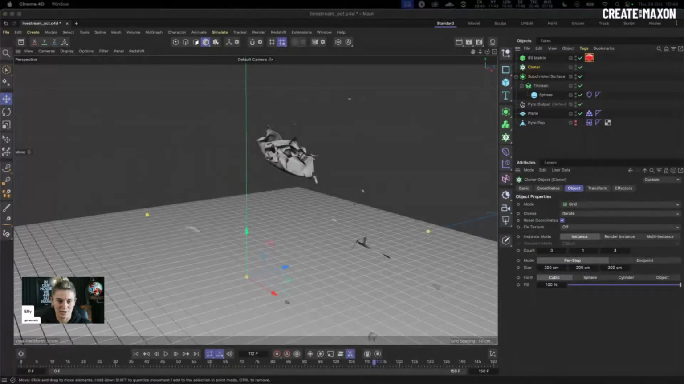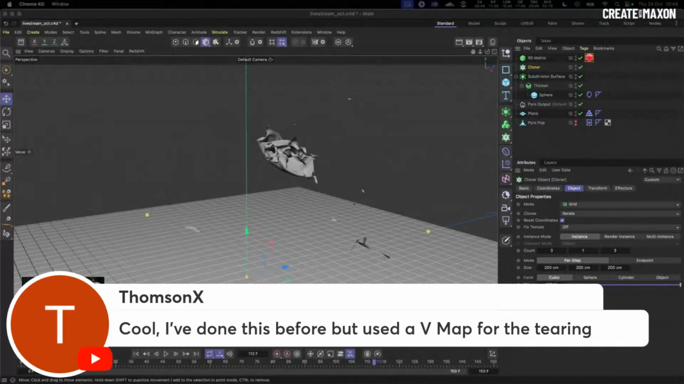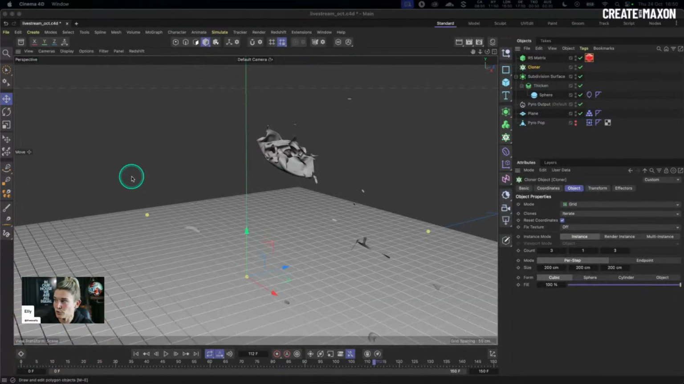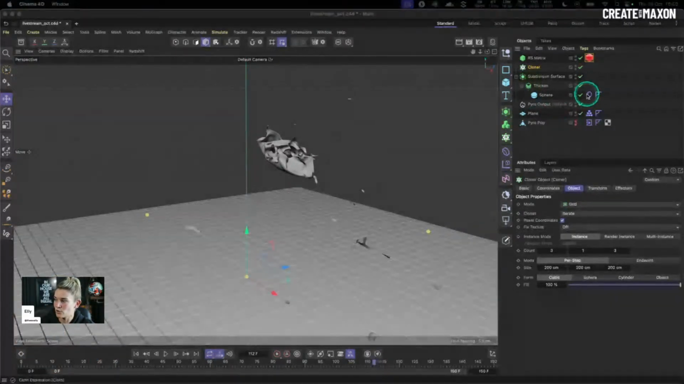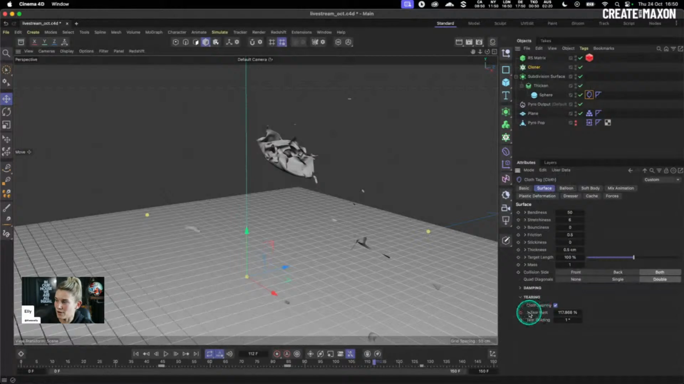Let me take a quick look, see if there are more. So yeah, Thomas makes a really good point, actually, something that I didn't talk about: using a vertex map. So yes, what you can do in your cloth tag, in the tear pass, is actually apply a vertex map. And then what it does is it looks at the vertex weight, and then the tearing can happen based on